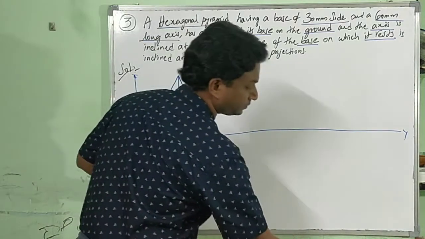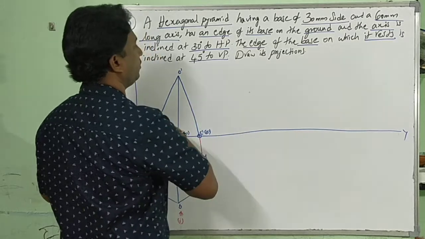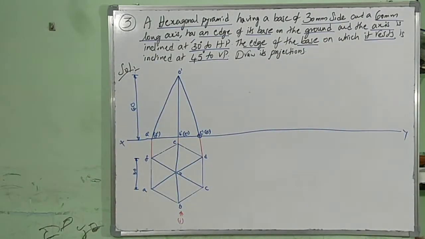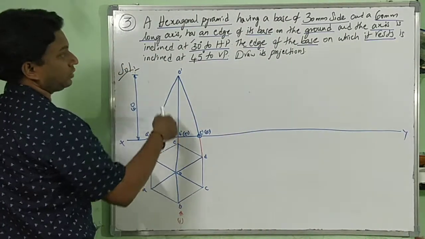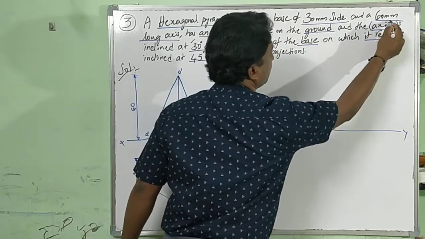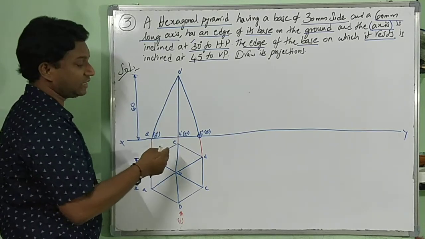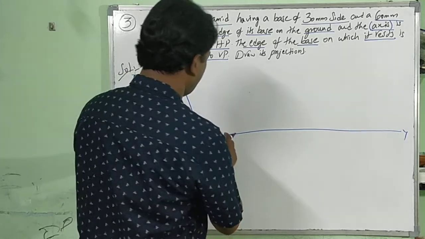It should be on the ground, nothing but on the XY line, provided with the angle of 30 degrees. You are supposed to draw 30 degrees with respect to which line? The axis line, right? Why? Because he is mentioning it with the axis. Now, in the front view there is no axis line, but where is that axis? It's being dominated by B dash O dash. So for that reason,